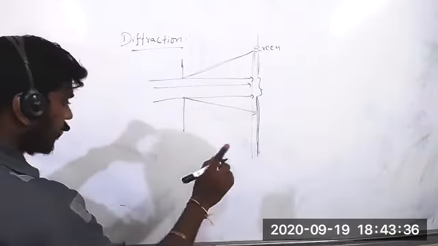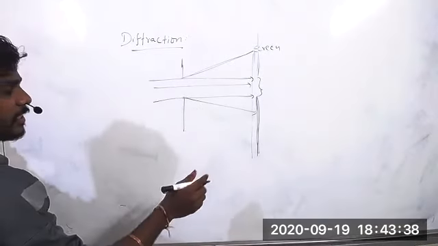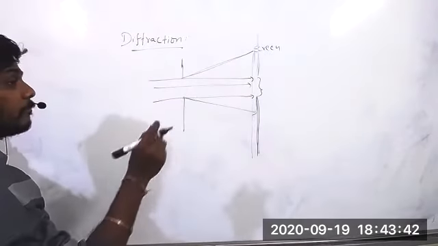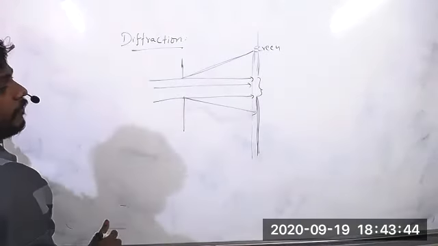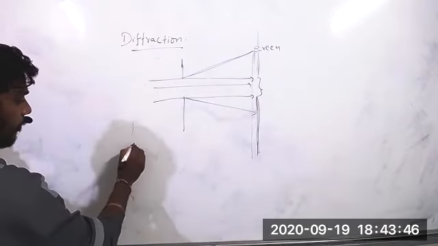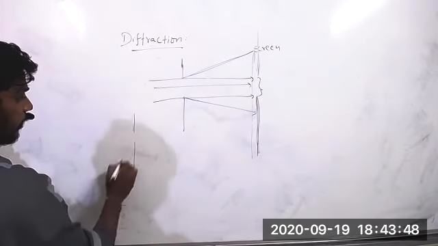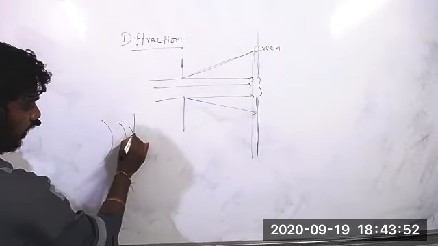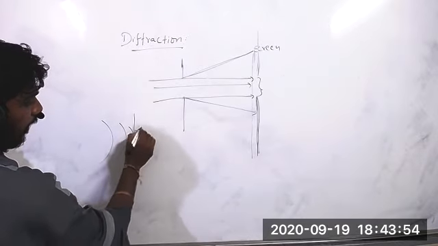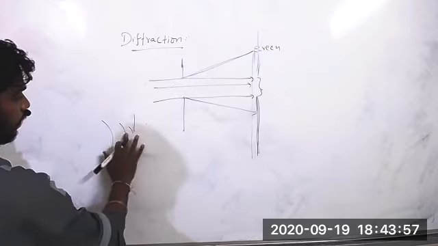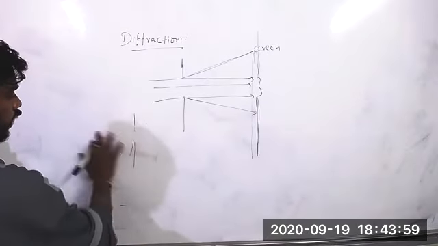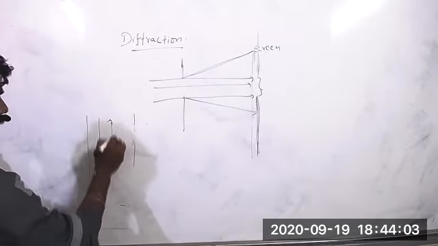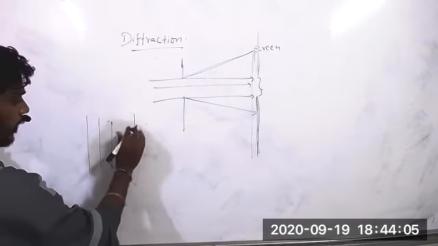Why? Light won't travel only in a straight direction. If light has particle nature, it moves like that. But light even has wave nature. So in the wave nature, what will happen? If it is a wave coming like that, once it comes here, slowly it will bend like this. Let's see. You have to take a planar source. So a plane source of light is coming.